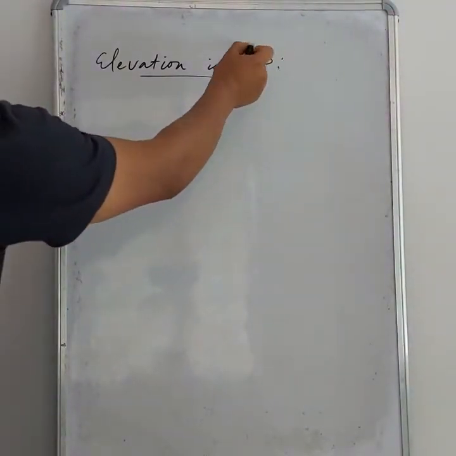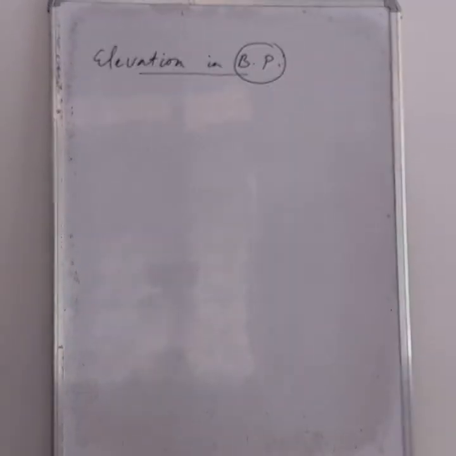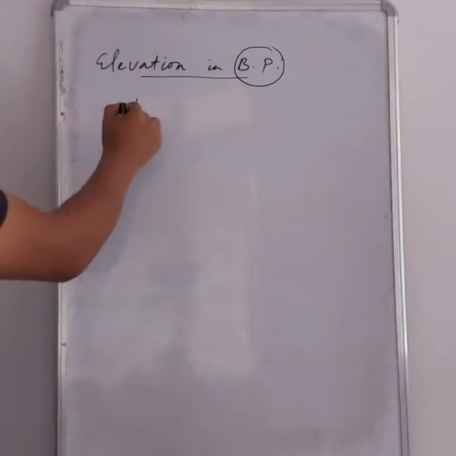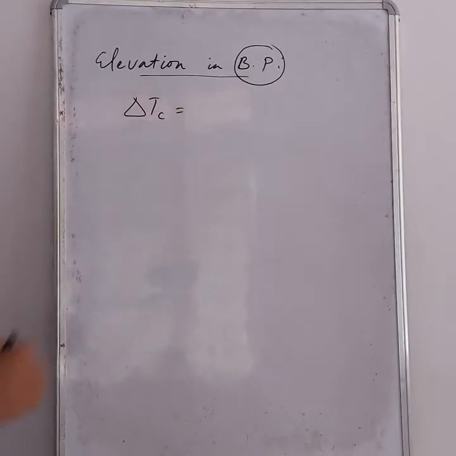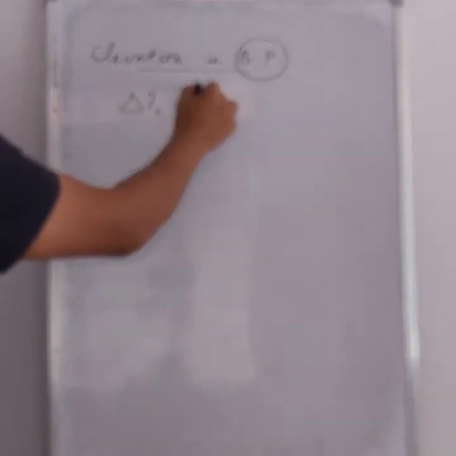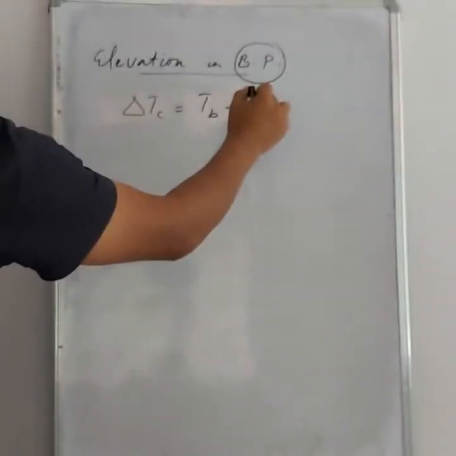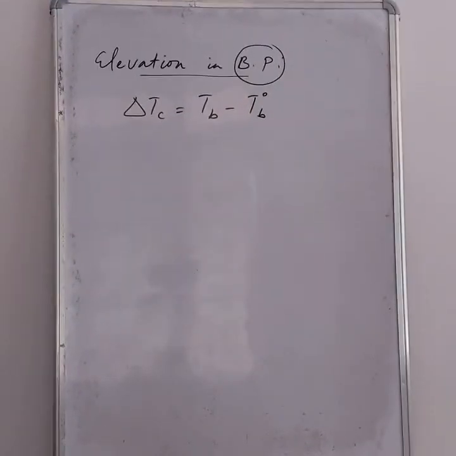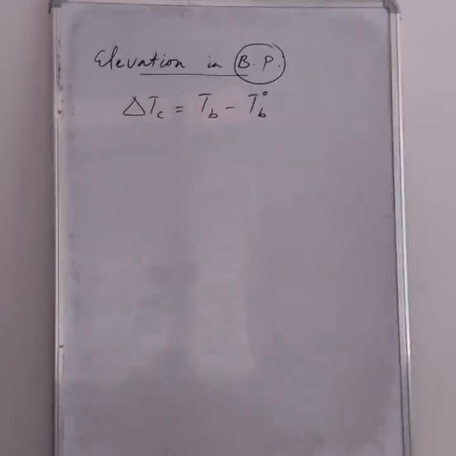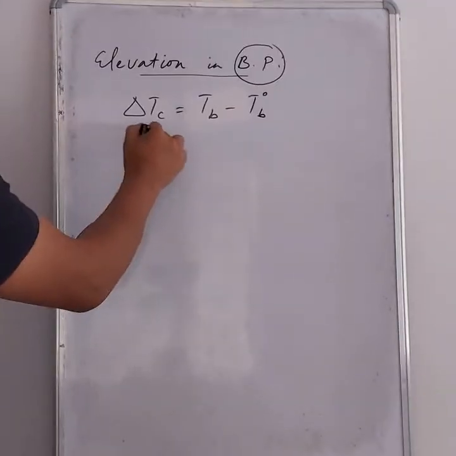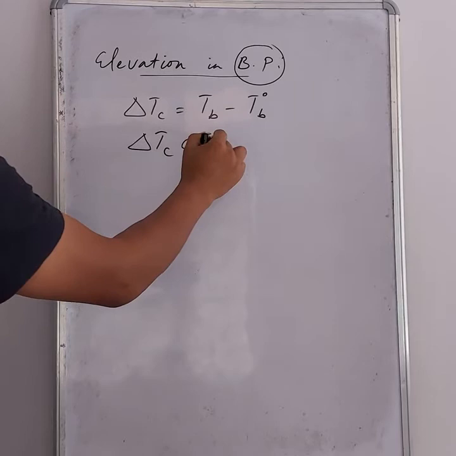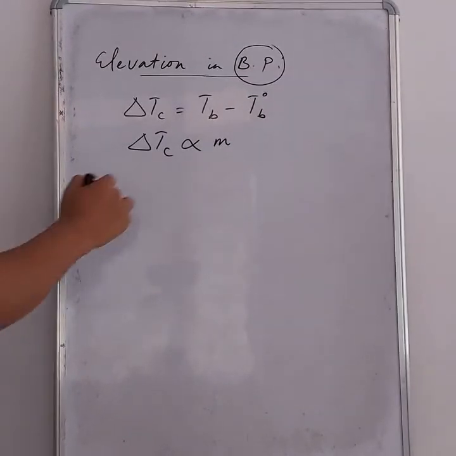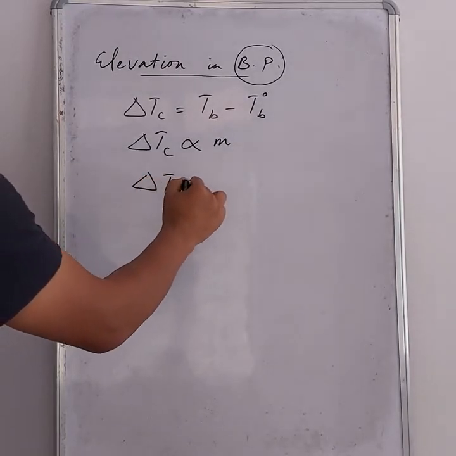So obviously there will be a change in the boiling point. That change in temperature will be given by the boiling point of the solution minus the boiling point of that particular solvent. And this change in temperature is also directly proportional to molality, and hence we can say that this is equal to